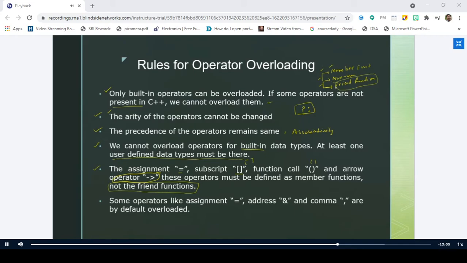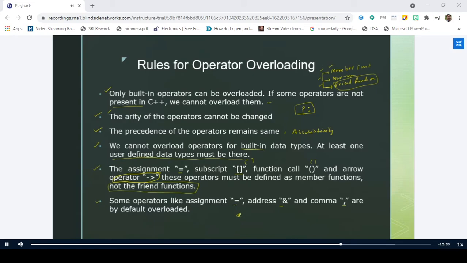That is one important simple point you have to remember. And the last point, some operators like assignment, address, and comma operator are already overloaded by default. By default overloaded means they are already overloaded, but if you want to change the meaning of the equal to, then you can.